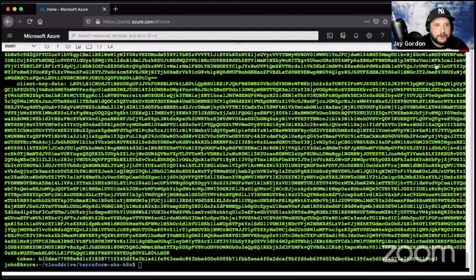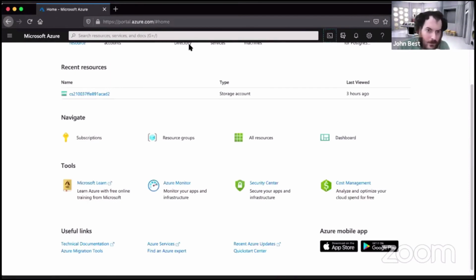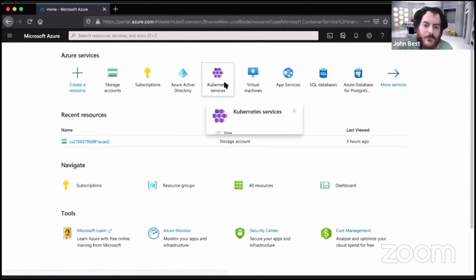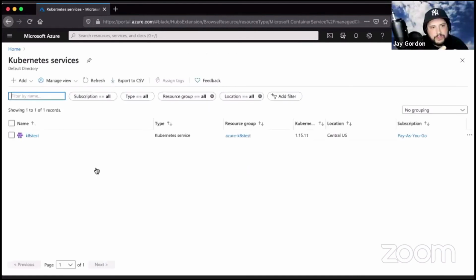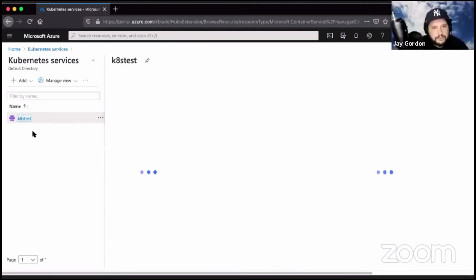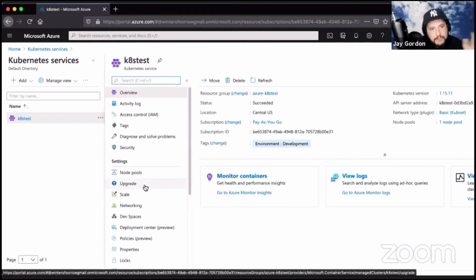So the first part of this. Let me close the Cloud Shell, and then Kubernetes services. And then if you go to the left side of the screen, what you're going to see after you go to the cluster itself, on the left side of the screen, is something called the deployment center. And this blew my mind. Go into the deployment center,